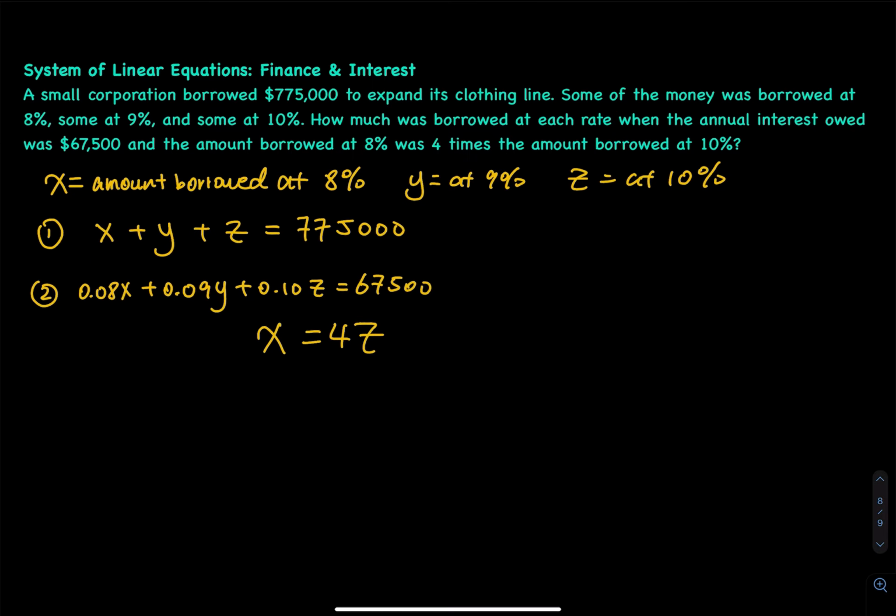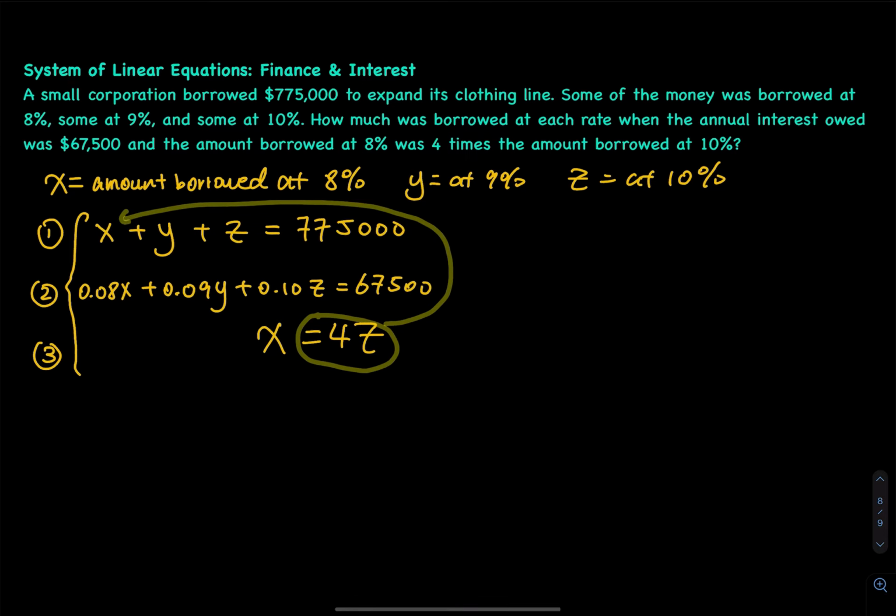Okay, so that is my equation 3. Actually, the equation 3 is pretty nice. That is x equals 4z. I can do some substitution immediately. They told me that x is equal to 4z. So what I am going to do is plug this x into here and here, and then I can rewrite the system so there will be no more x in the system. Okay, so let's do that. So we have 4z plus y plus z,